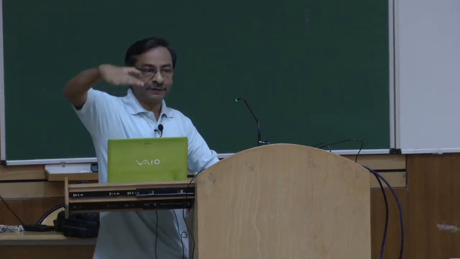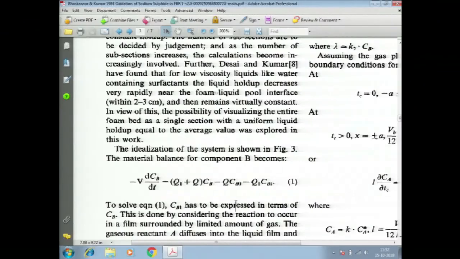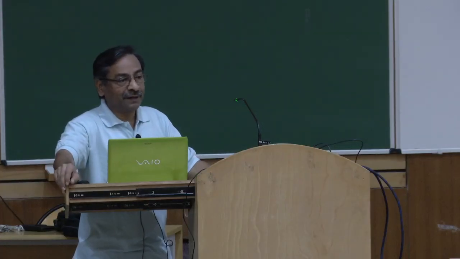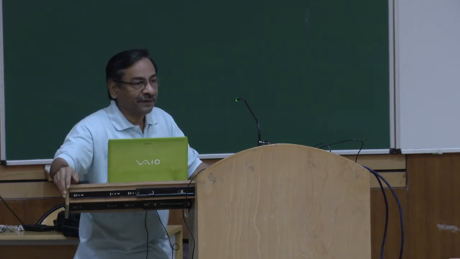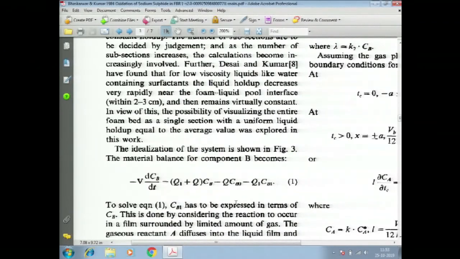And what is Cb1? Cb1 is the concentration of sodium sulphide when the foam films rupture at the top. If we know how much is the concentration at the beginning of the film, and we know how much gas is absorbed in time Tc star, which is the time of contact in the foam section, stoichiometrically we could determine Cb1 from amount of oxygen absorbed. Okay. If that picture is clear to you, you will realize now the harder part comes as to how to get the amount of oxygen dissolving and diffusing into foam per time total, and that is a total mess because